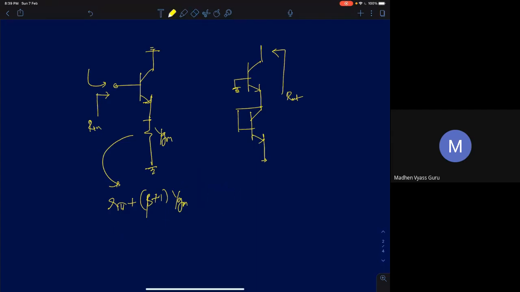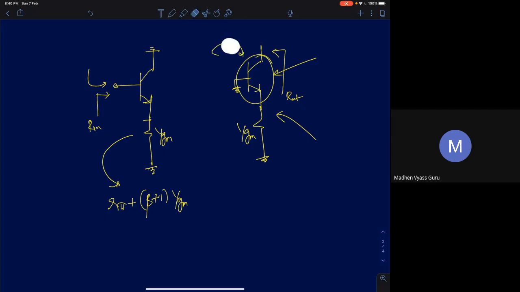It works fine. Now in the second case, what do you think will be the output resistance? It will be R pi parallel 1 by GM, which is approximately 1 by GM itself. So replace the diode connected transistor with a resistor of value 1 by GM. So the output resistance will be A naught times 1 by GM. Be careful with A naught. A naught is A naught of this transistor.